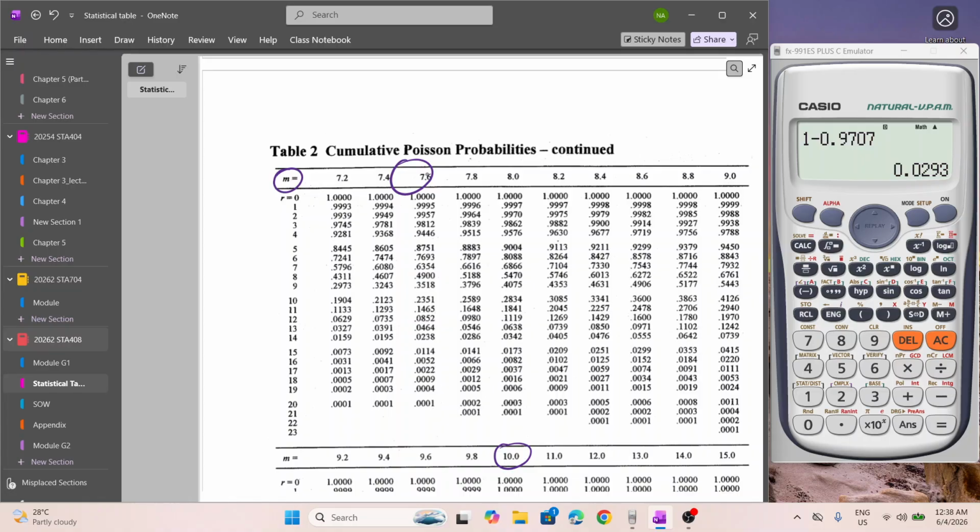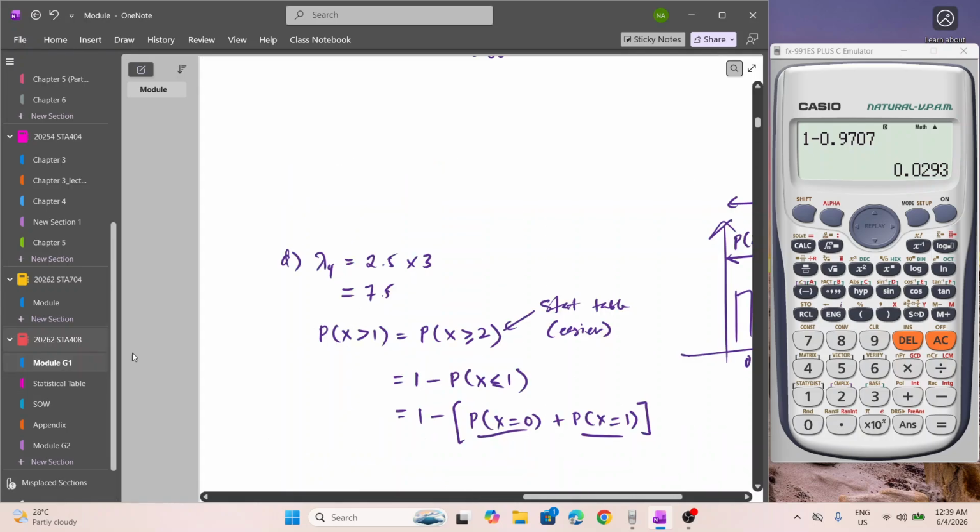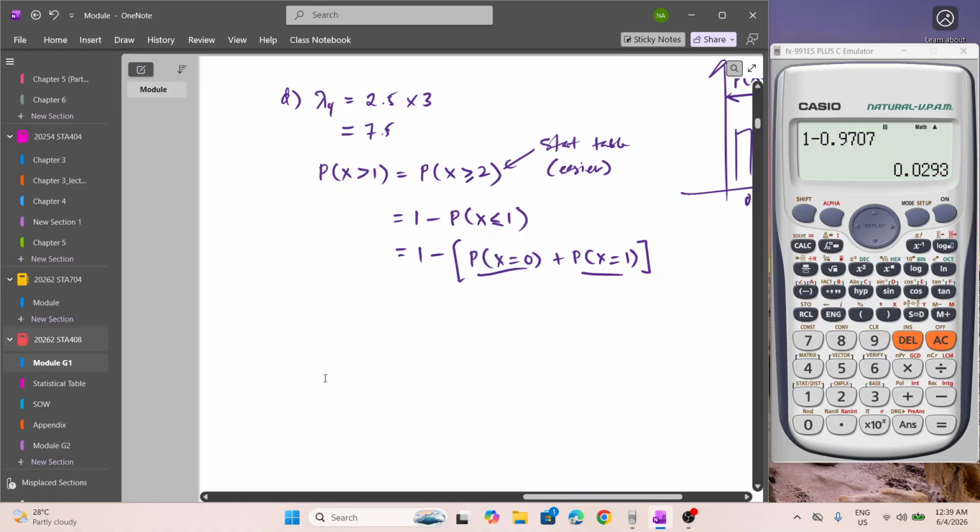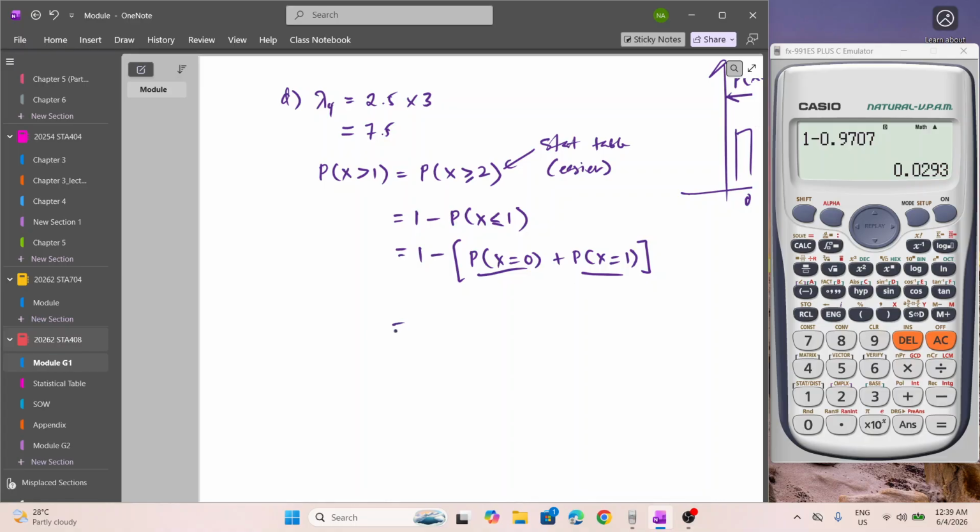You can use the values of 7.4 and 7.6 and find the middle value. Or you can also use manual calculation. I think for this one we will use manual calculation because I will not show you how to do the interpolation yet. So this is basically 1 minus